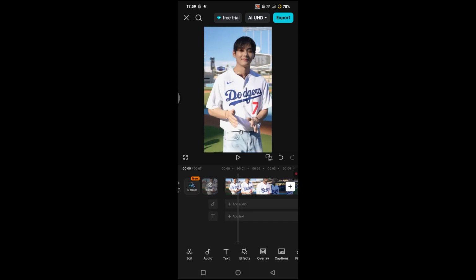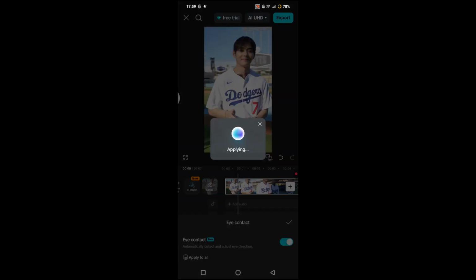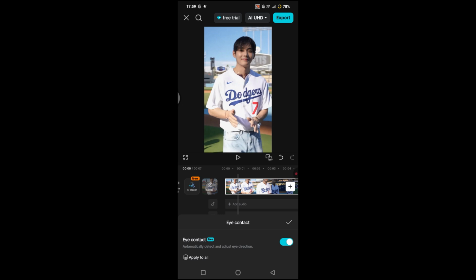Okay, let's click on the video and find the eye contact option, this one. So enable it. CapCut will adjust the eye direction. Click on the check icon, and now you can swipe, click on the video and then swipe